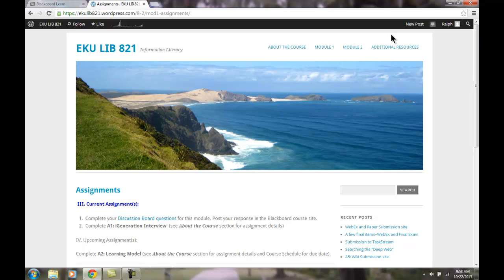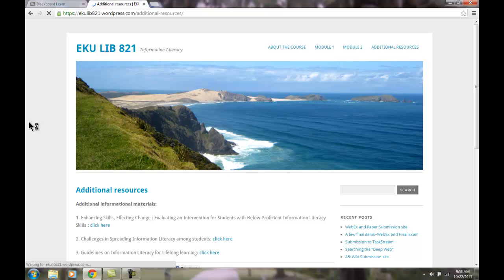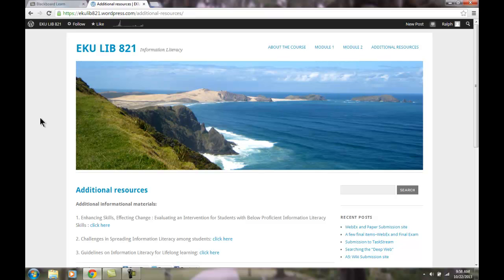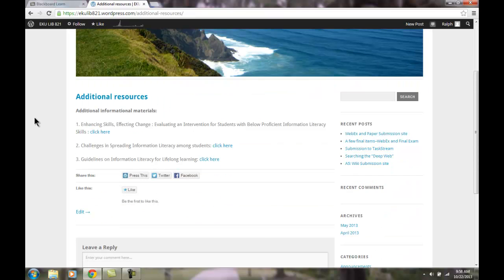The last element that will be housed out in WordPress, other than your About the Course and weekly module information, is something called additional resources. These are generally not required elements, but they provide you additional information about what's going on in library science, other things going on in terms of book challenges, things that might be relevant to you as you work towards this goal. So that gives you a sense of the main